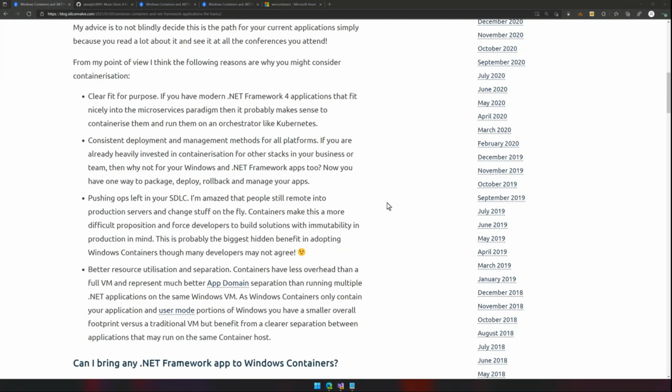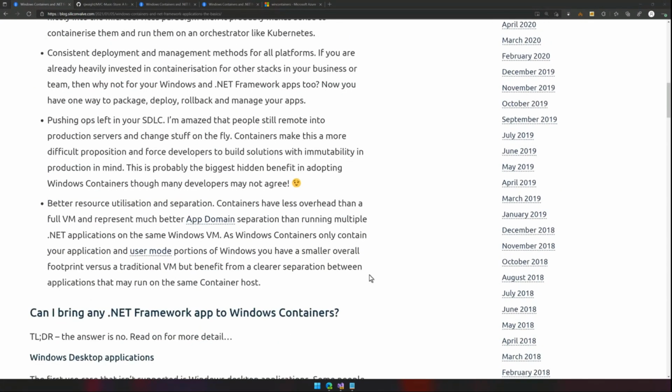It does give you a consistent deployment and management method across all of your platforms. So if you're in a highly varied environment where .NET and Windows may only be a part of your application or solution environment, potentially it makes sense to standardize on a single deployment approach. I think the third option here, which is pushing ops left in your SDLC, I think that's a valid one